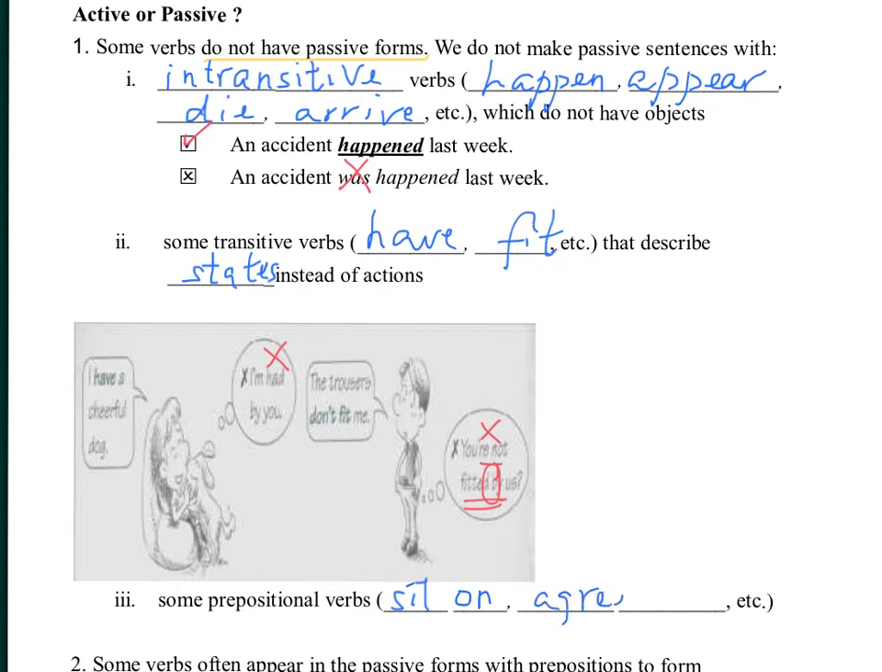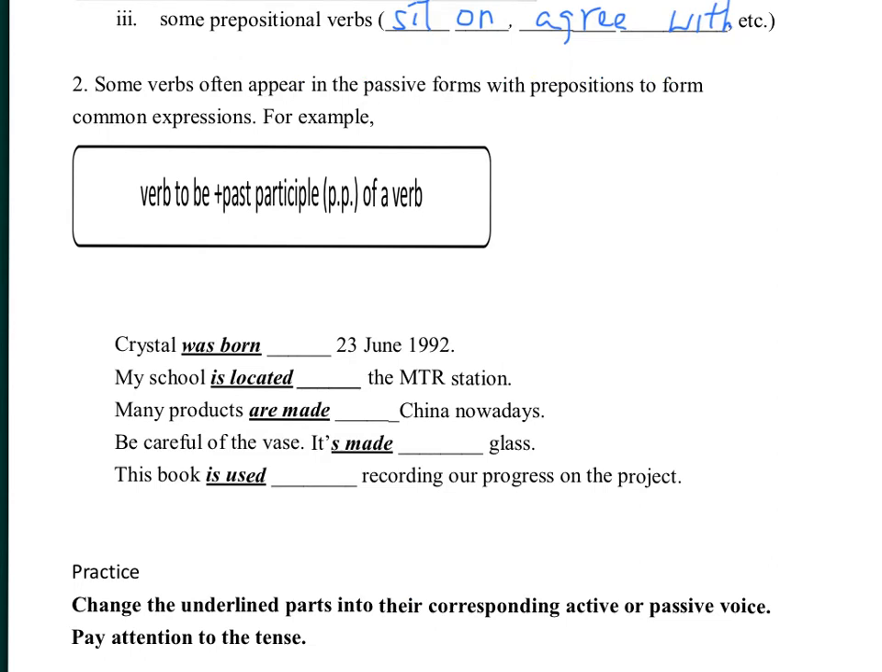Number 3 some prepositional verbs like sit on、agree with。呢啲嘅 verb 咧，留意咧，我哋都唔可以用一個嘅 passive voice 㗎。Number 2以下情形咧，我哋特別留意咧，佢哋係經常出現係要用 passive form 嘅喎，而且咧有個 preposition 跟埋喺後邊㗎。呢啲用法咧，大家要個別嘅記熟佢啦。verb to be 啦，加上個 past participle 啦，咁呢個組合咧係講一啲特別嘅意思㗎。我哋睇下以下例子啦。Crystal was born on 23rd of June 1992。我哋講出生於一個日期啦，我哋要用 born on，但係前面咧留意都係用 passive voice 㗎。Number 2 my school is located near the MTR station。講到個位置亦都要用 passive voice is located。3 many products are made in China。Number 4 be careful of the vase is made of glass。